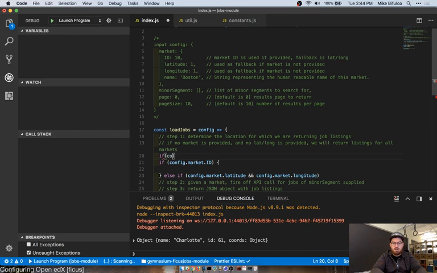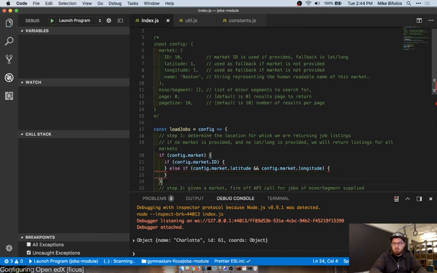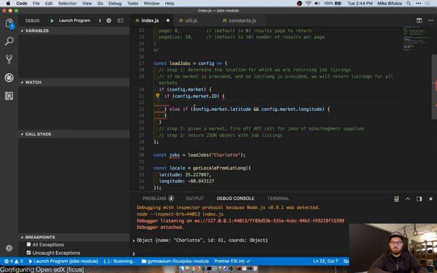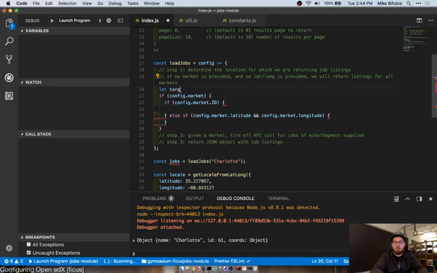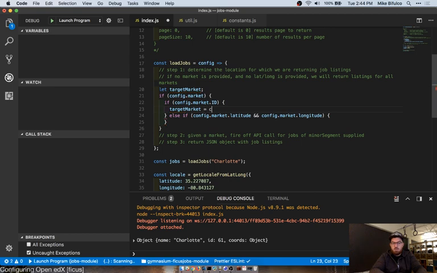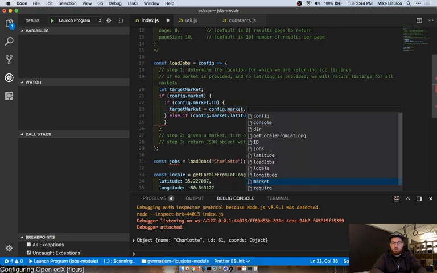We're also going to have to check for whether or not there's a market to begin with. Let target market equal config.market.id.